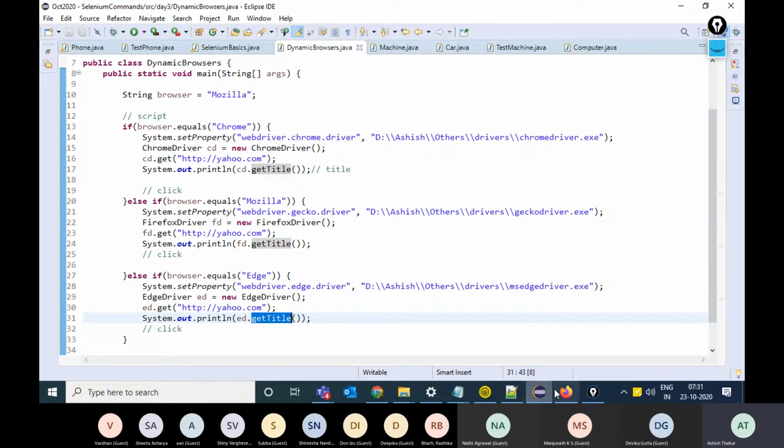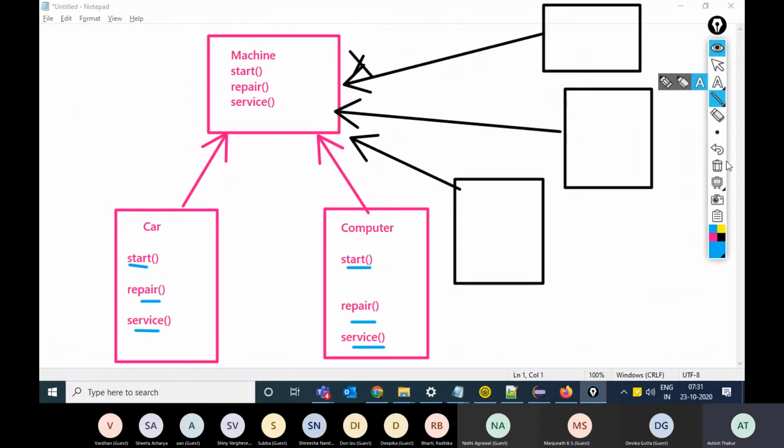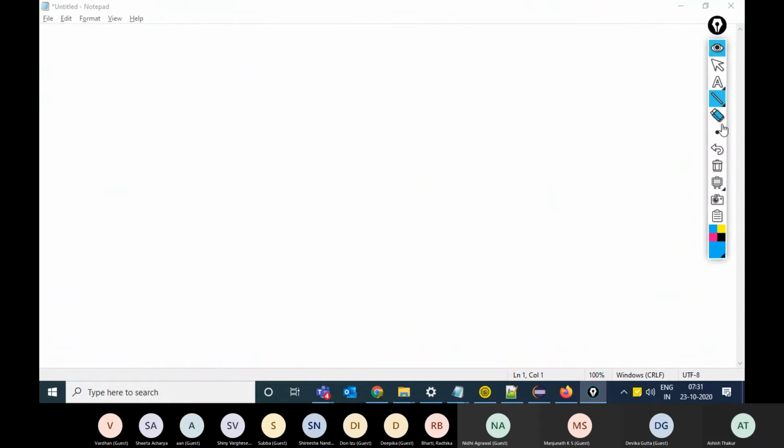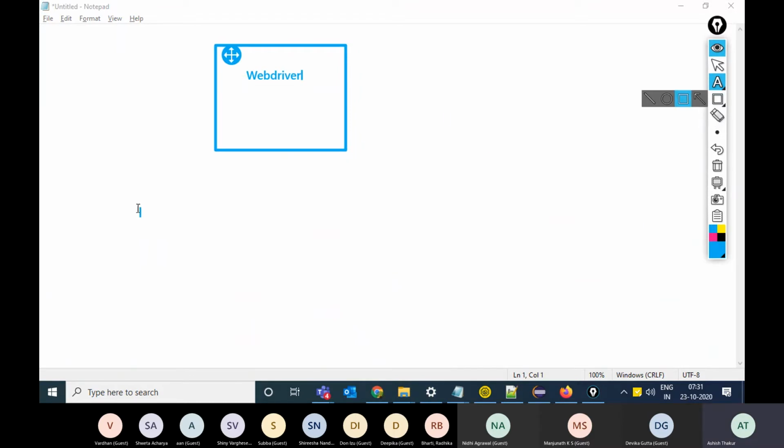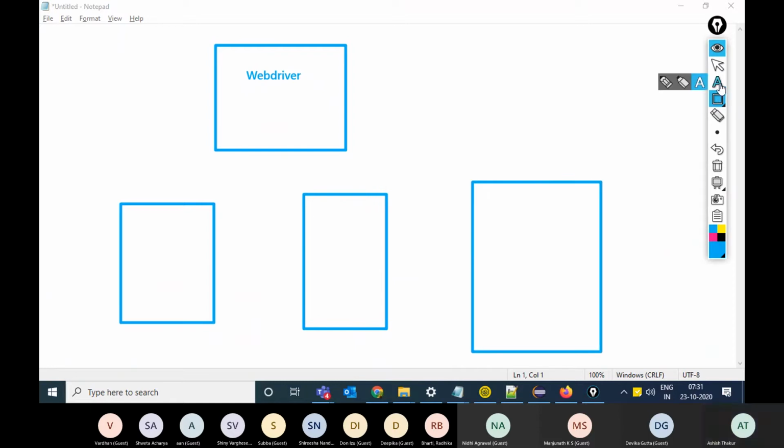Now one thing is clear that internally with Selenium, what is happening is that we have the WebDriver interface and all our driver classes, whether it is Chrome driver or Firefox driver or any other Edge driver, they all are implementing this interface.